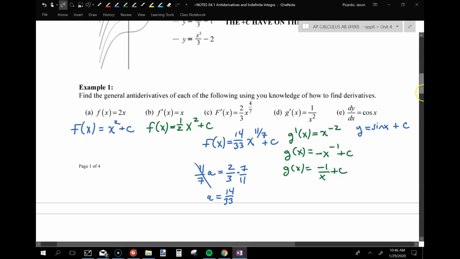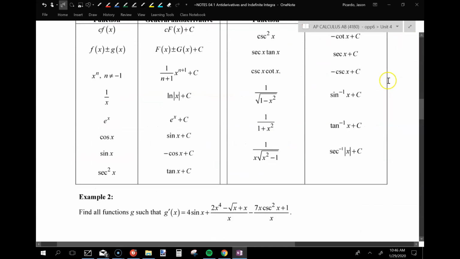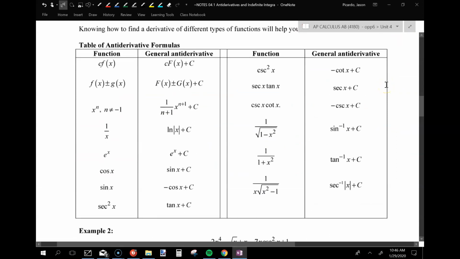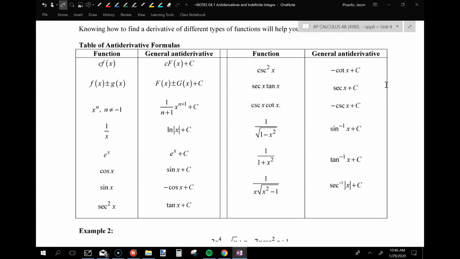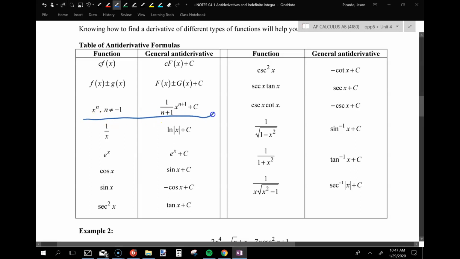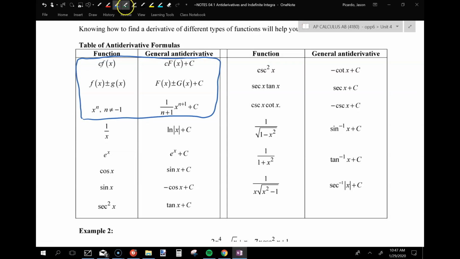Now, can they get more complicated? Of course they can, because this is AP Calc, and they will. And we'll look at a number of different ways to make them easier. But first of all, what I have here is a list of antiderivative formulas. Now, quite frankly, you already know pretty much all of these. Guys, all this right here is what we just basically did, right? We looked at power functions, okay? This one right here,